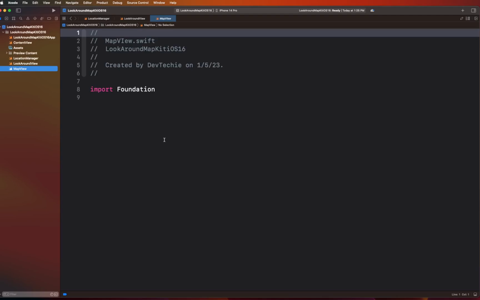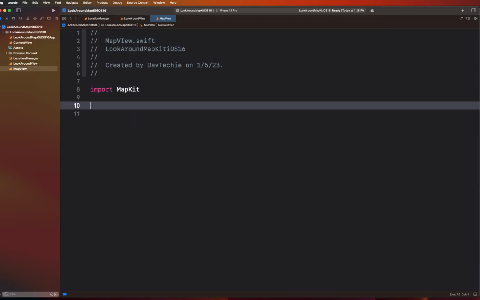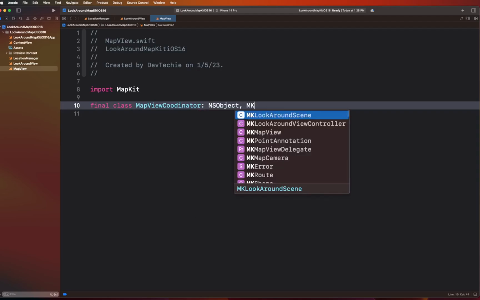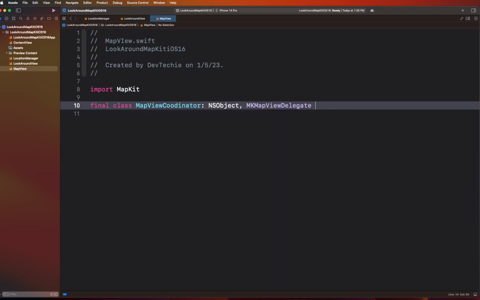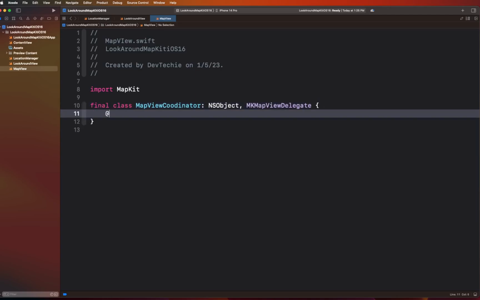Then we're going to create our map view and respond to all those events that are happening at the delegate level. So first things first, let's import MapKit. We're going to create our final class, which is something we're going to need, so we'll create that first: map view coordinator. Coordinator is basically your delegate class, and this time it's going to be mk map view delegate. And we're going to have a binding property,